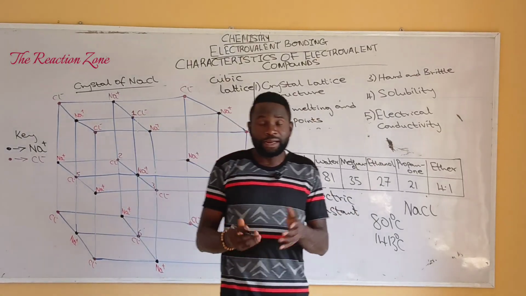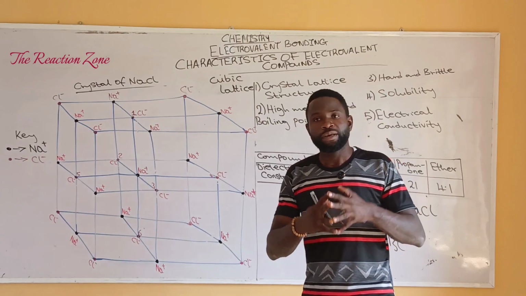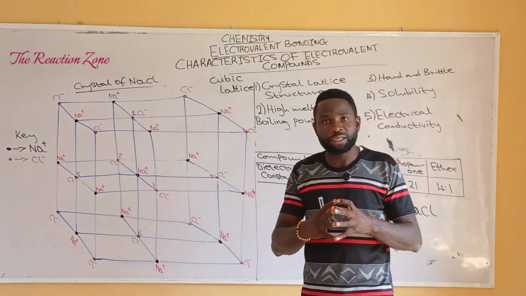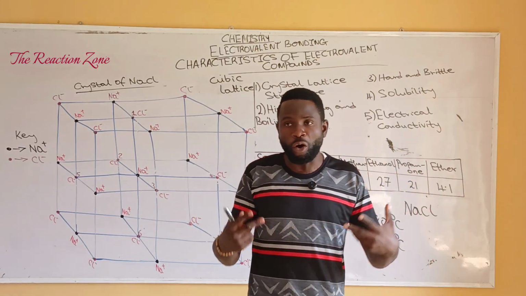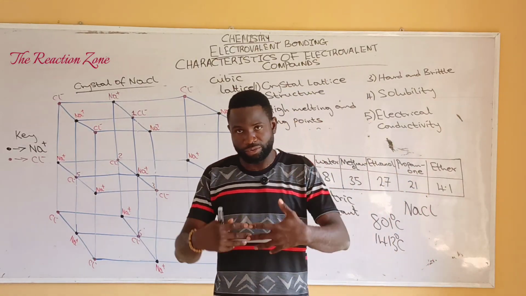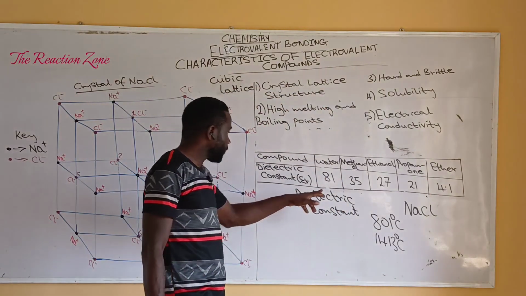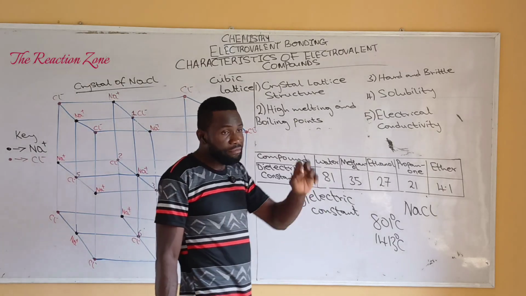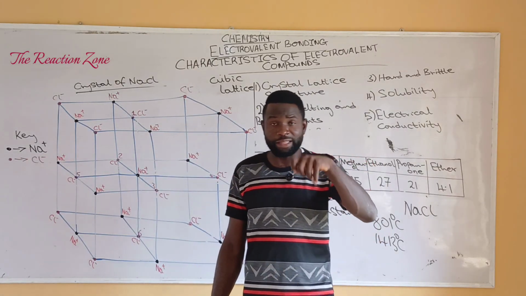The dielectric constant of a substance is simply a measure of the ability of that substance to reduce the electrostatic force of attraction between oppositely charged ions. The greater the value of the dielectric constant of a substance, the more easily electrovalent compounds will dissolve in that